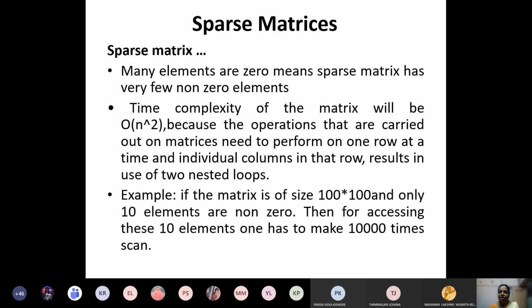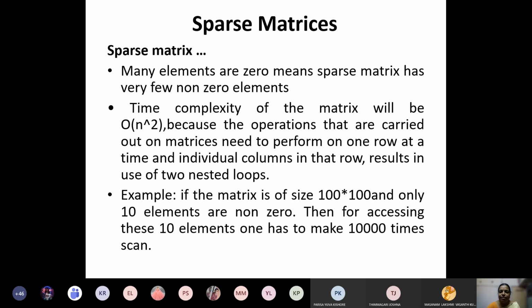In a number of your previous question papers of data structures, the question was asked to explain how to implement sparse matrices using the linked list, so I included this also in the applications of our linked list class. This is a small topic. You just understand what is meant by a sparse matrix first, then you can easily implement the sparse matrix using the linked list. So first we'll see what is meant by a sparse matrix.